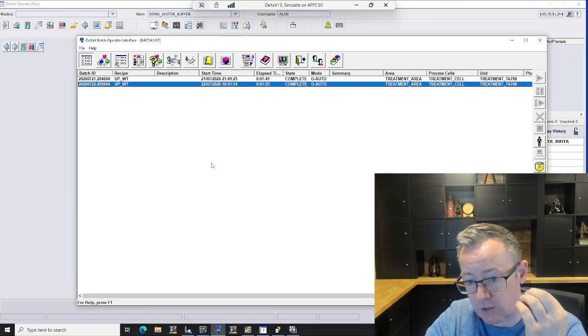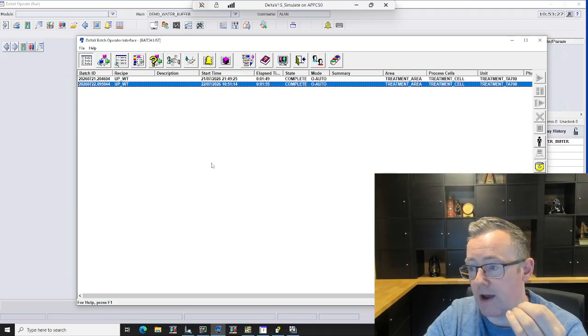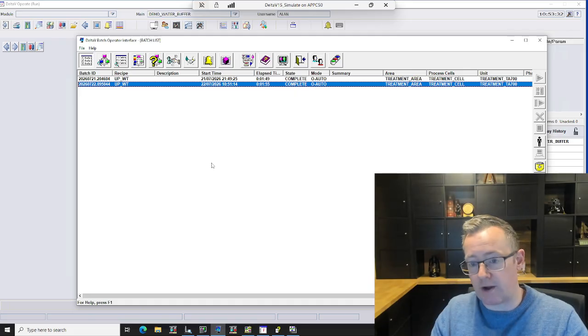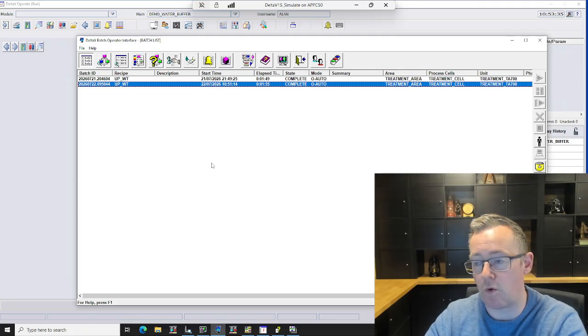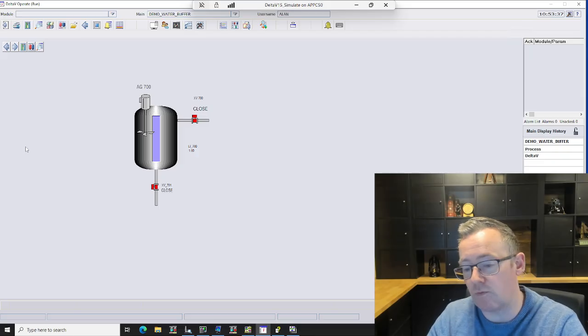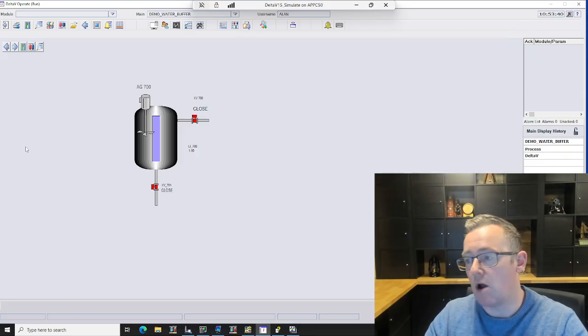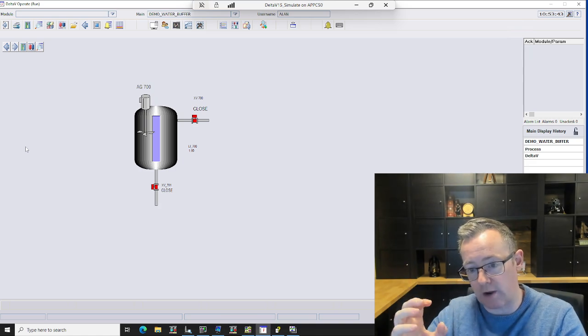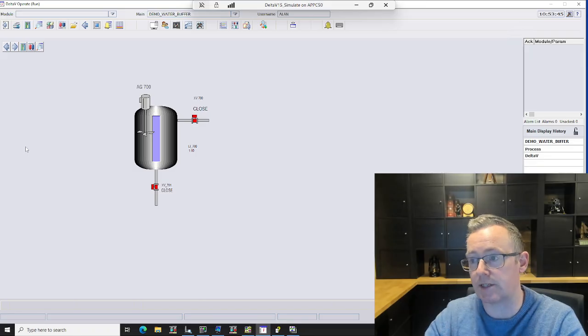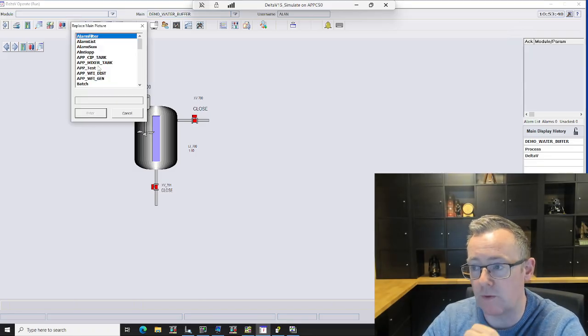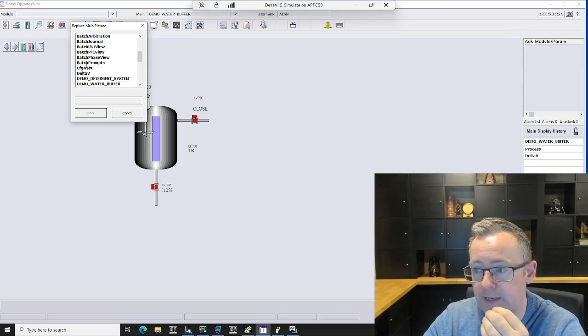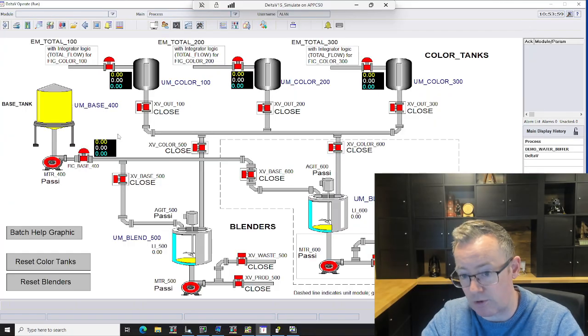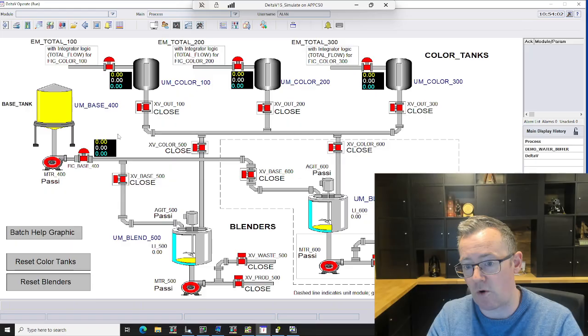So the whole idea of a sequence like this is that we can show, in real time, something very, very simple working. I think that's the best strategy, even when it comes to communication with an MES system or something else: it should be broken down into small little pieces that can be digested. It's my own view anyway that if you start off with something that is too complicated, such as, in my opinion, the paint project, which is brilliant, but if you do too much at once for people, they won't really